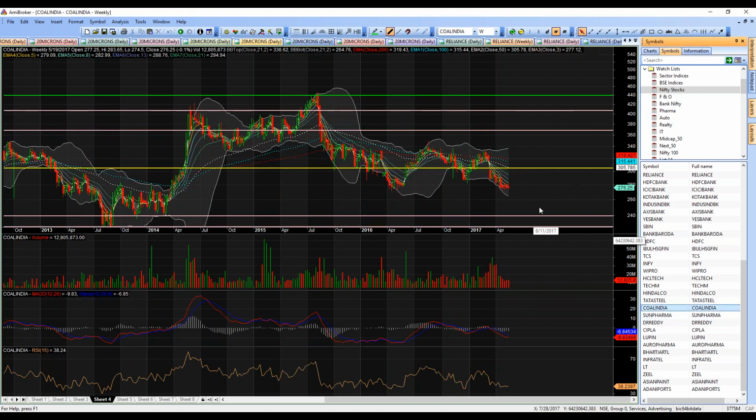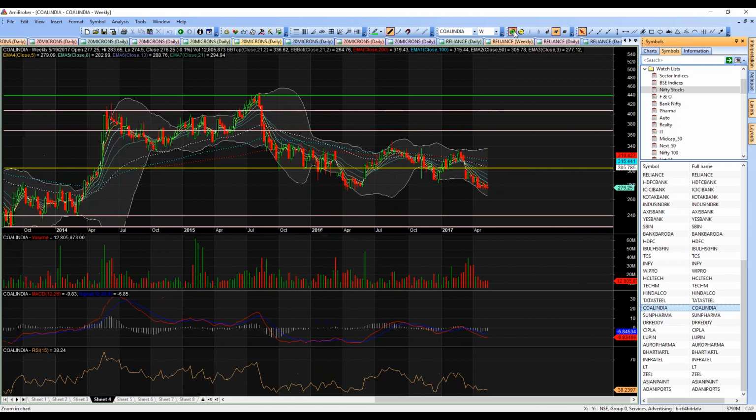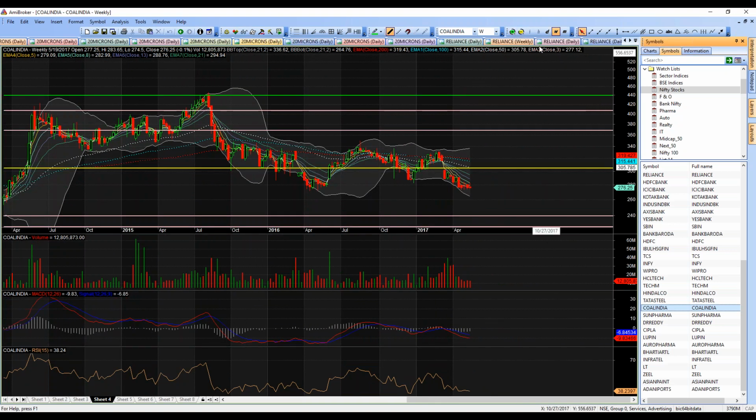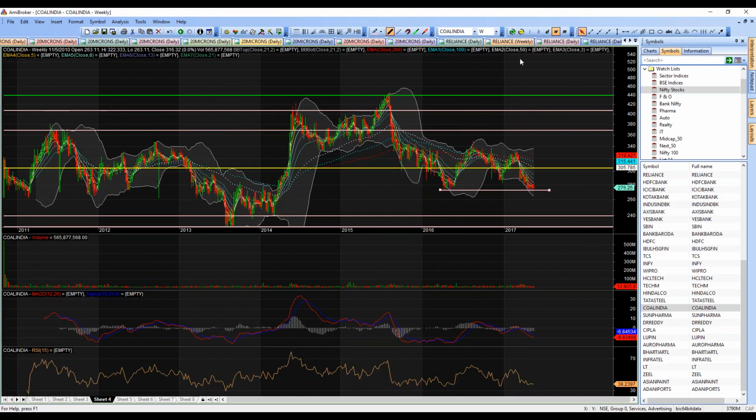And coming to Coal India, a really lackluster stock, stuck between 240 and 400 for the last 5-6 years. Really nothing to say for it. It has come to a support level, but given the overall picture, really nothing compelling in this stock. So I'm going to move on. No reason to buy it, no reason to sell it. Could break below 270, in which case it goes much lower, all the way to 250. All right,